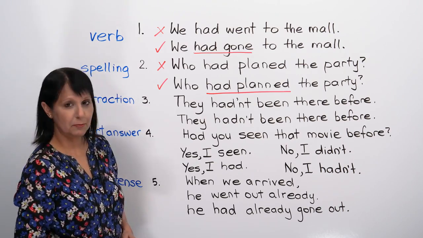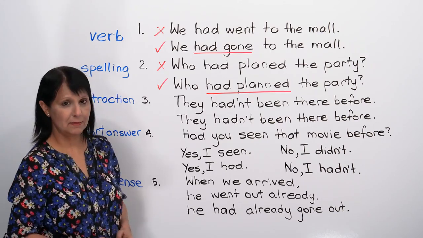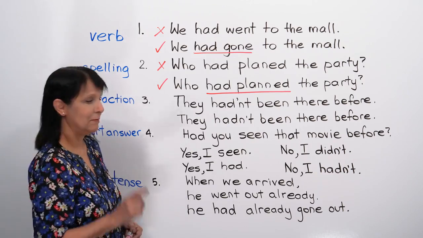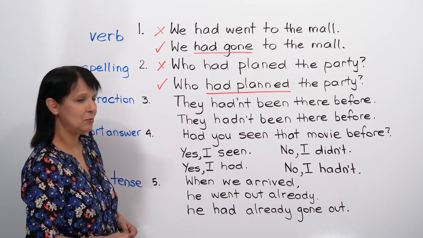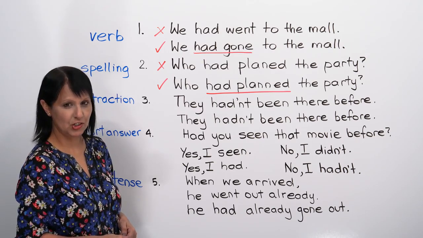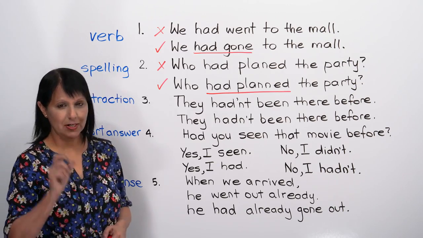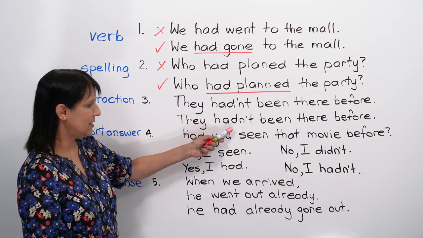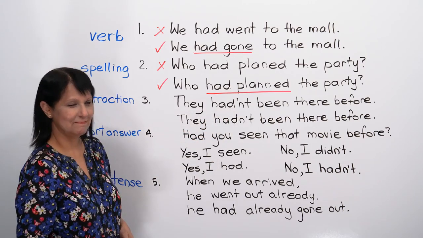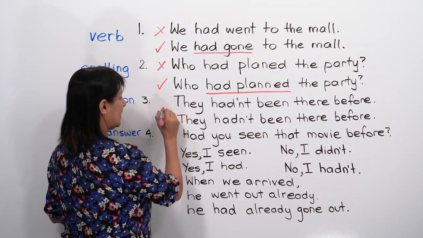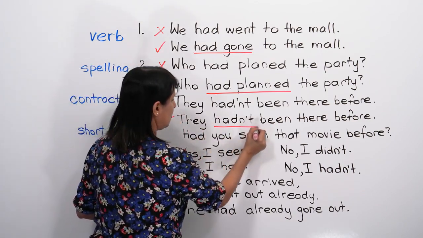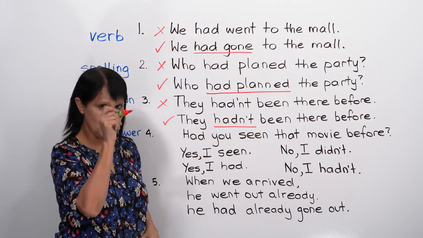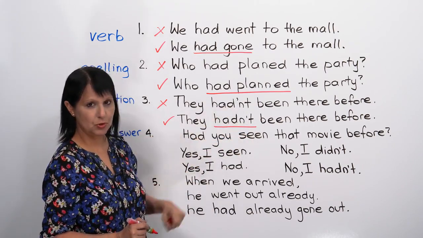Let's look at number 3. They hadn't been there before. They had'nt been there before. Now, when I say it, it sounds exactly the same. But look carefully. Tell me what's wrong. These are contractions. And we have to be very careful with the spelling of the contractions. So which one is right? This one or this one? Well, the second one is right and the first one is wrong. It should be hadn't, because it's N-O-T, and where we took out the O, we put the apostrophe, but this student was wrong because they